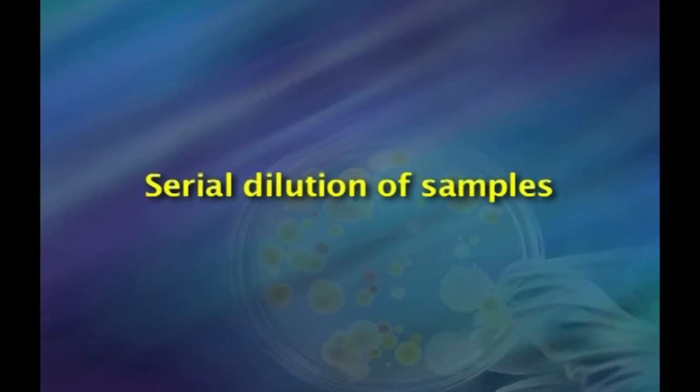Serial dilution of samples. When performing a bacteria count, between 30 and 300 bacterial colonies need to be on the plate. A minimum of 30 assures that the data is statistically reliable. However, if more than 300 colonies are present, competition for nutrients can suppress growth of colonies. For example, if a sample were to contain 10^6 cells per ml, a 1 ml sample could contain 10^6 bacteria, far more than the 300 cell limit of a standard plate count, and the sample must be serially diluted.